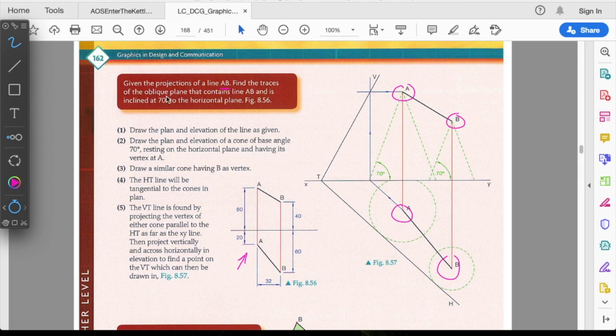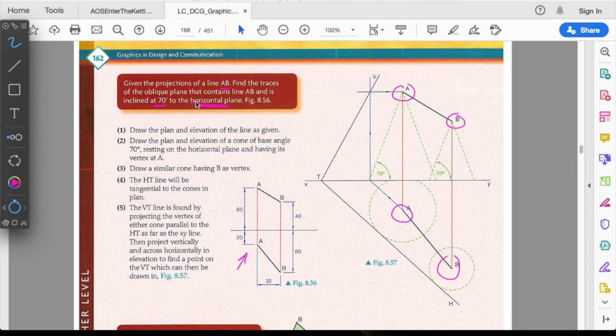It says that it wants us to find a trace of the oblique plane that contains AB and is inclined at 70 degrees to the horizontal plane. So the information that we're given is our A and our B in our two views, and then what we're asked to do is to find the traces knowing that the oblique plane is inclined